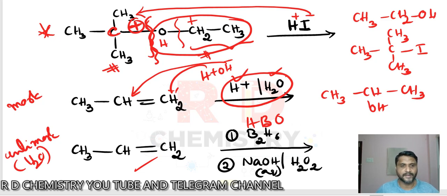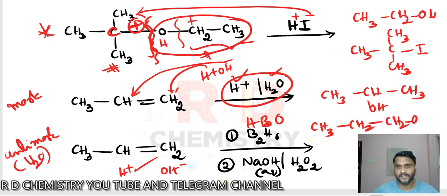Reverse it. Okay, so I'll write here. H plus will go to the middle carbon atom and OH to the terminal one. So we are going to get CH3CH2CH2OH. Same molecules, reagents are different. One is Markovnikov and the other anti-Markovnikov. Clear? This should be very important. This is a very important HBO reaction.